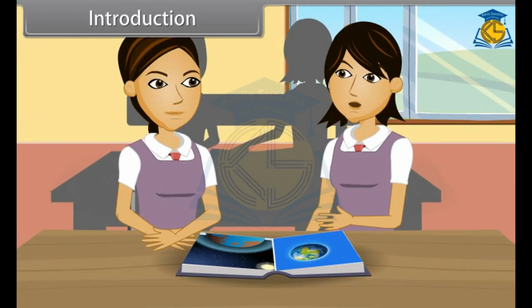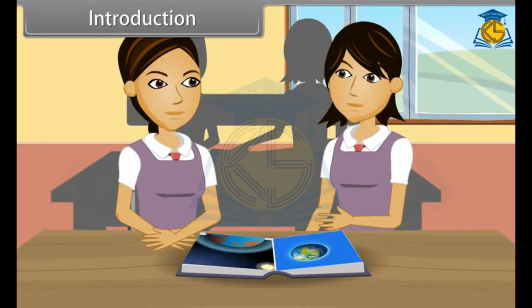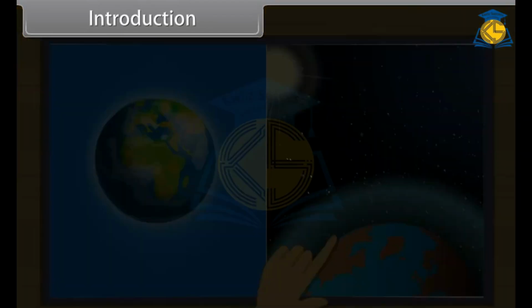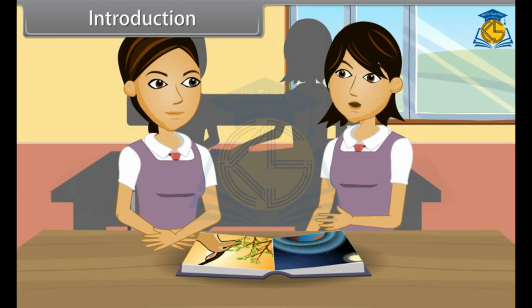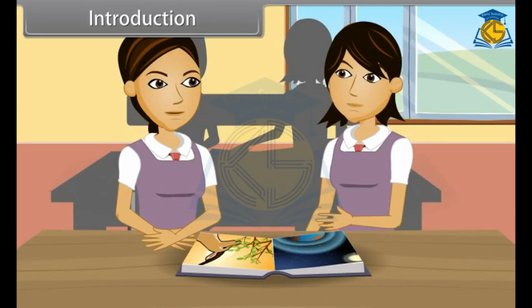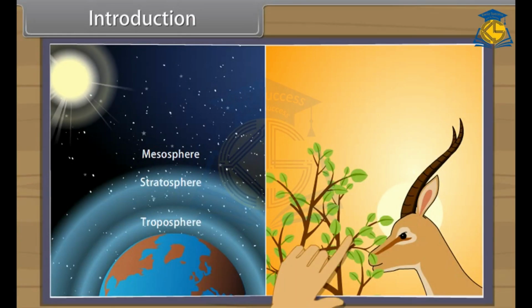Do you know that among the planets of our solar system, it is only our Earth which has life on it? Yes, it is because existence of life depends on certain ambient atmospheric conditions, temperature, water, air and food which are available only on the Earth. The resources available on the Earth are necessary to meet the basic requirement of all life forms on the Earth. In addition, the energy from the sun is also necessary for all living organisms on the Earth.